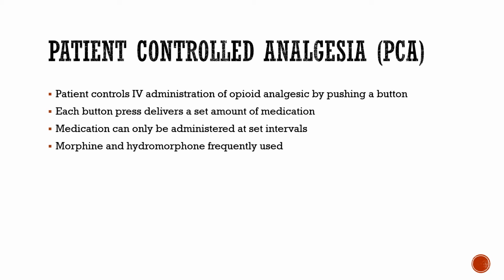PCAs, you may have seen these in clinical last semester. We talked about them, I know, in fundamentals a little bit. The patient controls the analgesia, not completely. It's just a button that they push, and when they push it, they can get a set amount of medicine. So let's say it's a milligram of morphine, it's possible, 0.5 milligram to 1 milligram morphine every 20 minutes for a lockout of 3 milligrams an hour.